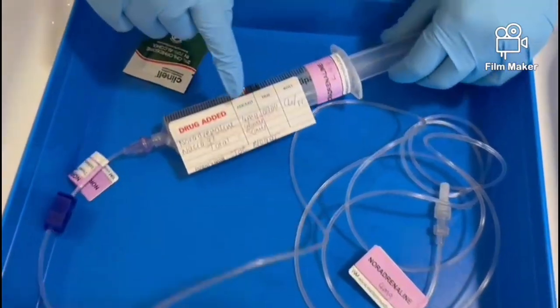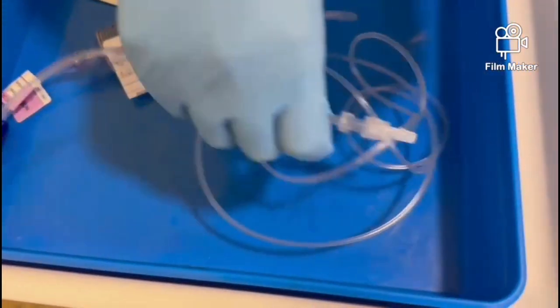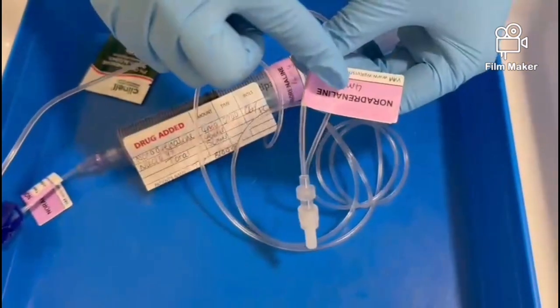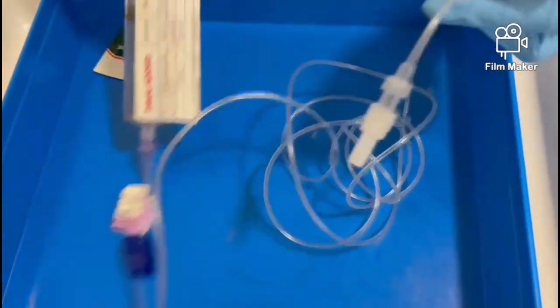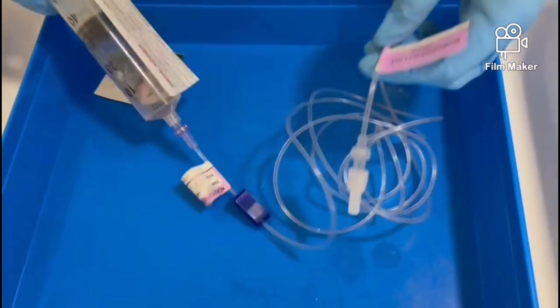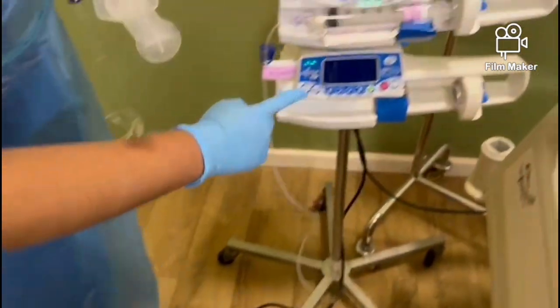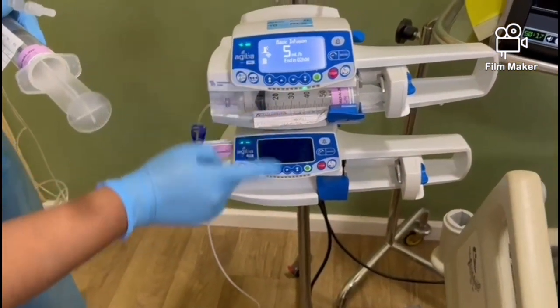In our blue ANTT tray, we have our new 4 mg noradrenaline infusion with a new line attached and noradrenaline labels at the syringe and patient end of the line. The line has also been primed. As NORAD is not stable for longer than 24 hours, please ensure you prime a new line with every new